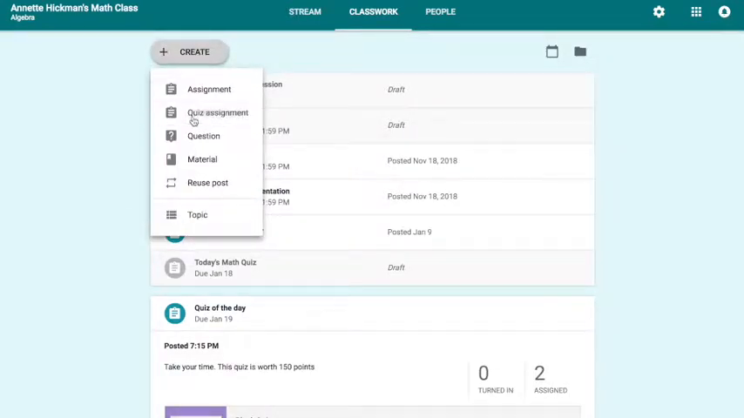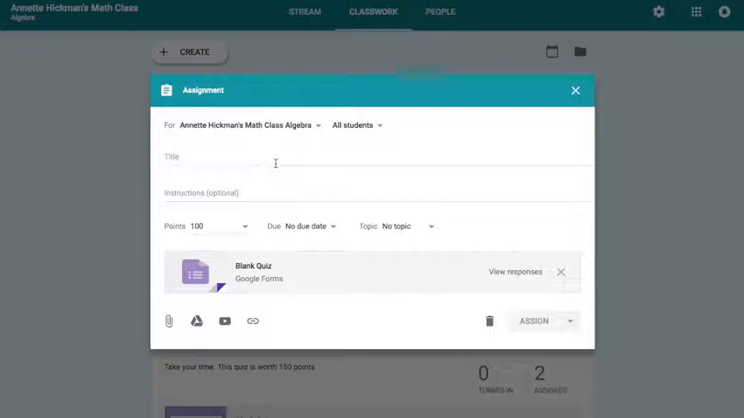So create quiz assignment, and it would be the title here. So quiz of the day was the title. Any instructions you might want to give your students, anything that comes to mind that you want to say to them. And you can change the points. I made it 150, and you select a due date. If you want it to be a topic, you can select that. You can add other things, just the same choices as any assignment, and you just go ahead and assign it, which you can assign it now, or